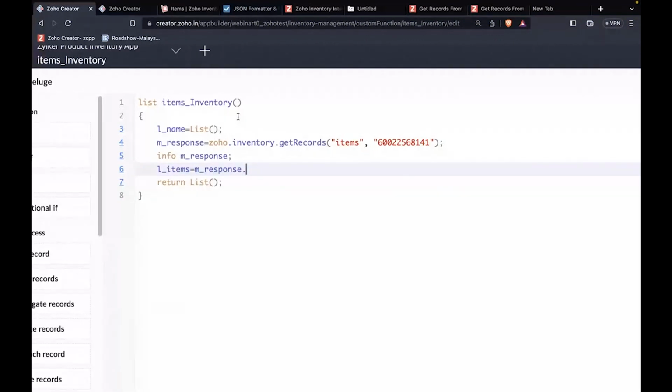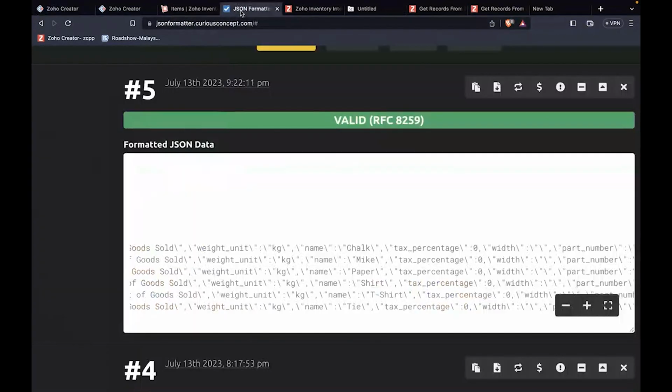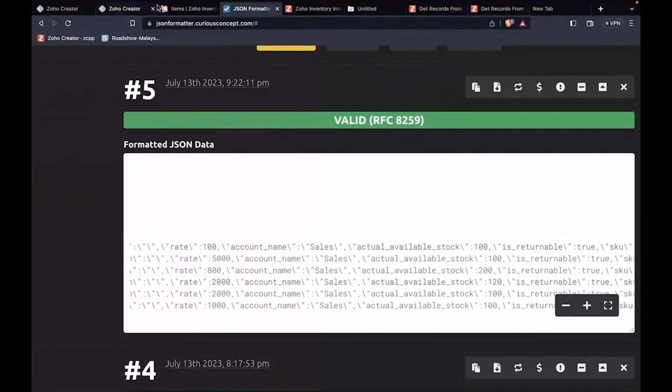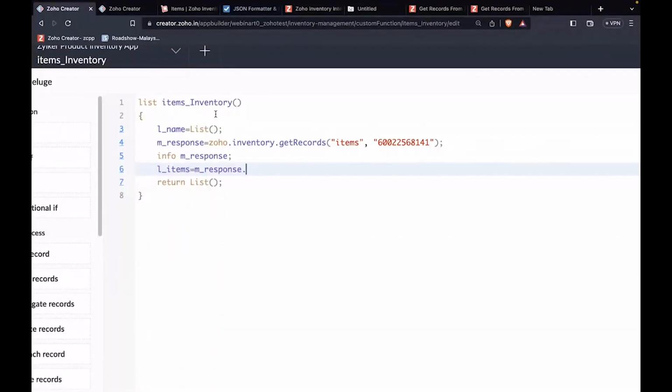So I need to get just the items from the output that I've got, right? So I've got a long list of all the values over here. I just want only the items from that. For that, I need to use the function get JSON, because I'll have to get just the JSON values as just the items,